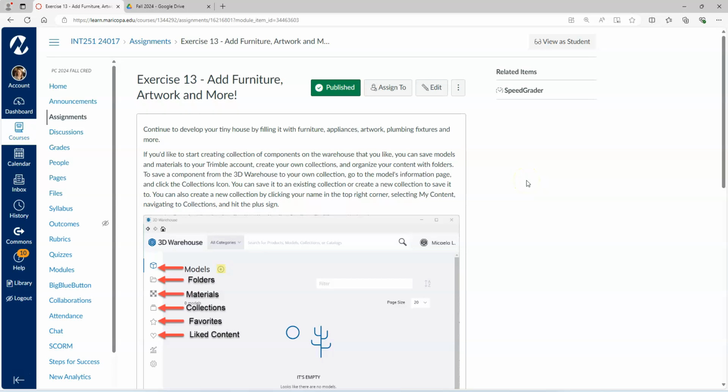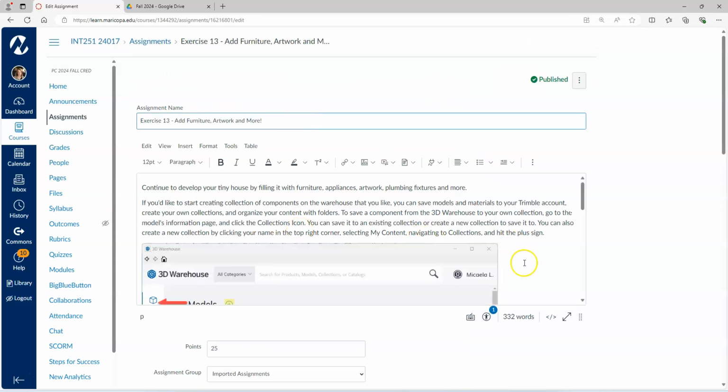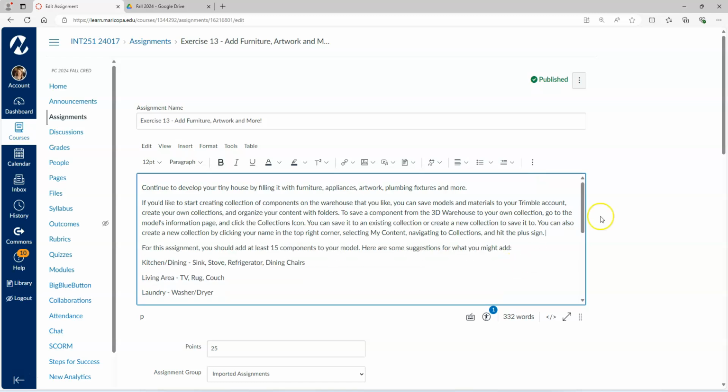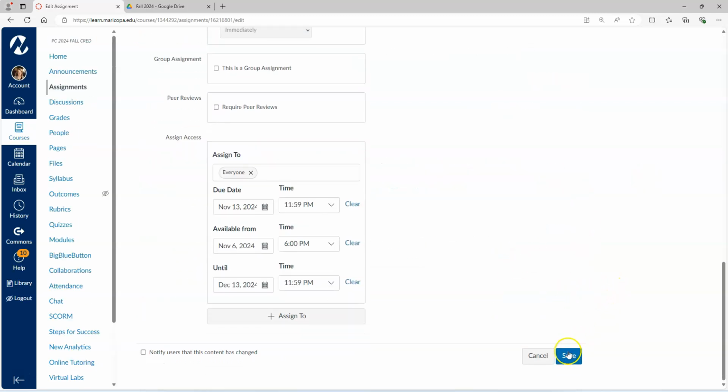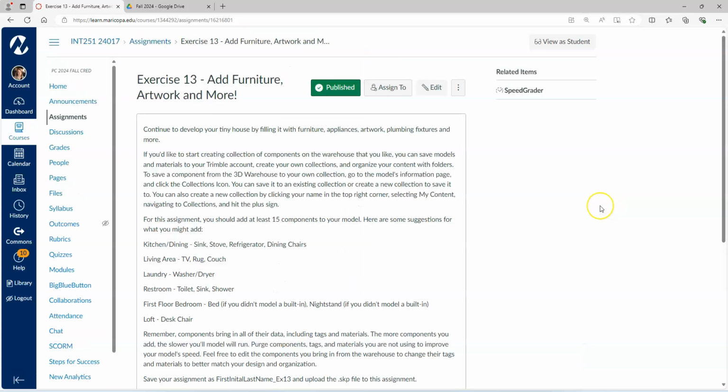One thing I did want to point out that is new, we've learned how to create collections locally, like we save them to our computers into a folder, and then we can open those. We've done that for components and for materials at this point. You can also do that with, actually I'm realizing that this doesn't look the same anymore. You can create collections